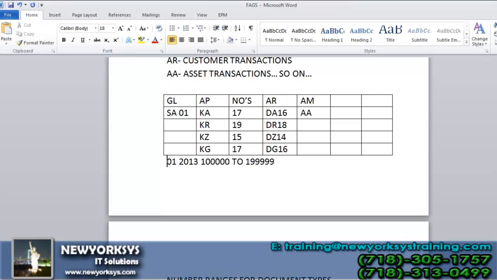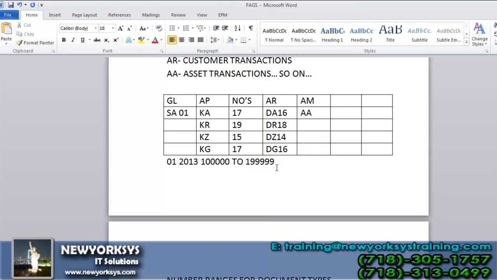Now, whenever SA document type is used for the posting for the fiscal year 2013, the document which is entered into the system will save this number, following this range. First document will be identified as 1 lakh, second document which is saved is identified as 1 lakh 1, the third one is 1 lakh 2, and so on, up to the range of 1,99,999.